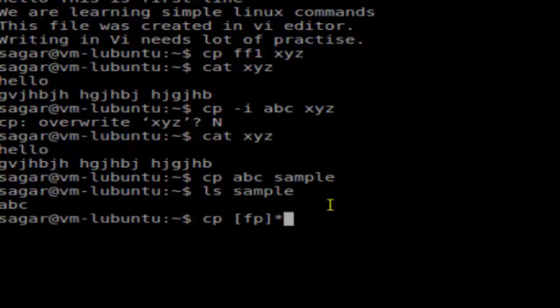It means that all the files that start with F or P should be copied to the directory sample, and then if you enter it and see the sample directory contents,